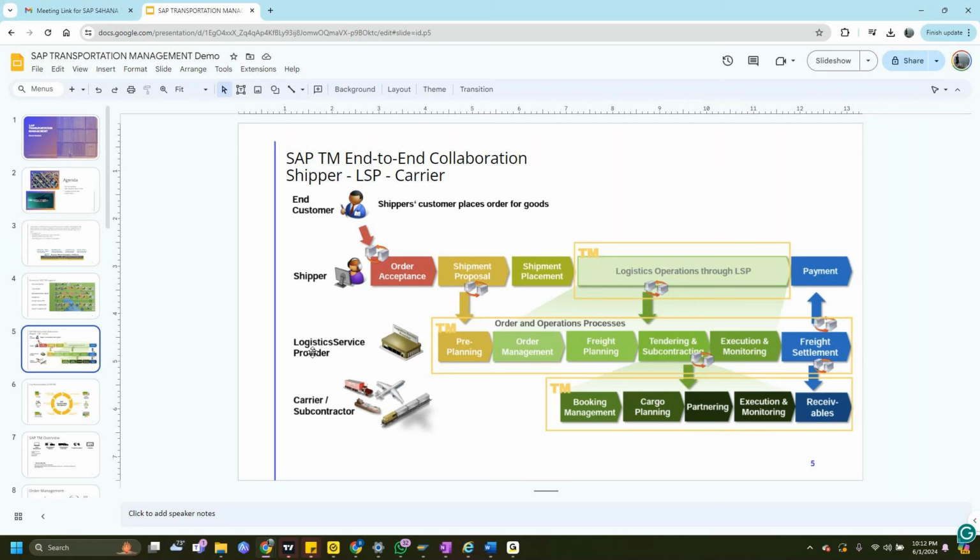So here there are two things, logistics service provider. That's where I didn't want to complicate stuff. Logistics service provider means, let's take DHL or FedEx. Basically, a logistics service provider doesn't have a company to produce products and deliver them. They only take orders from shippers and consolidate products from all the locations and deliver them to multiple locations. It's similar to postal box services. That's an LSP. They don't own any product.